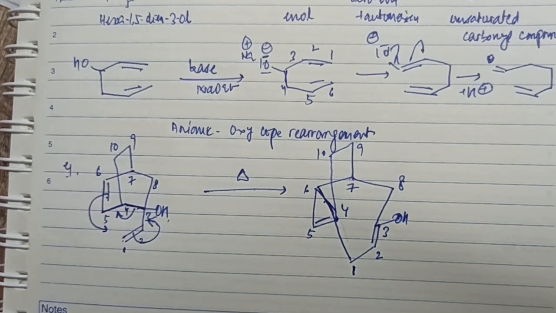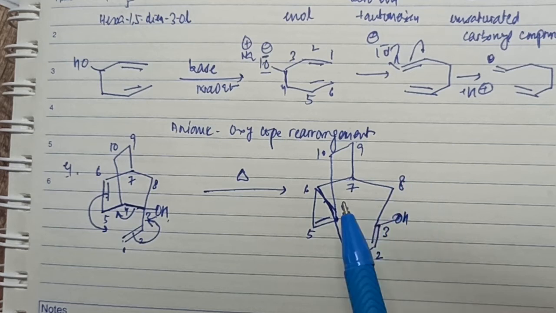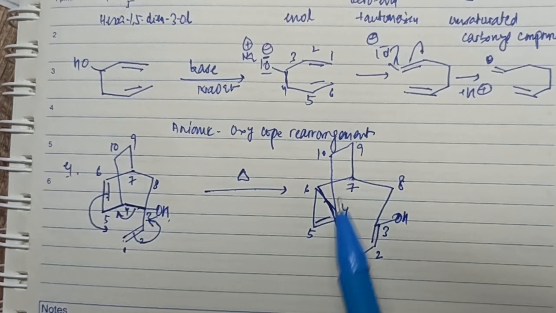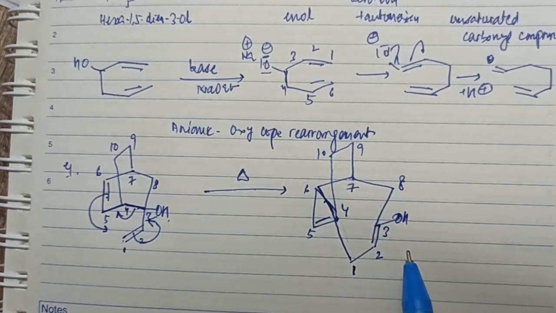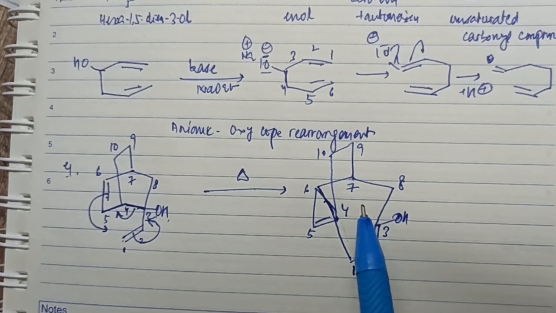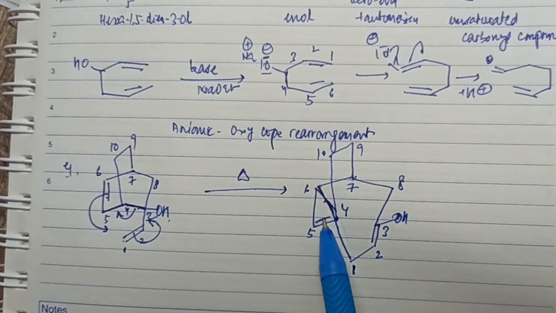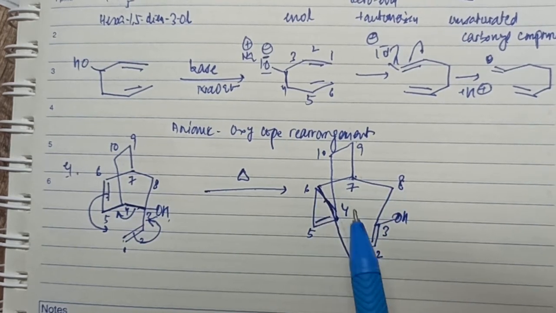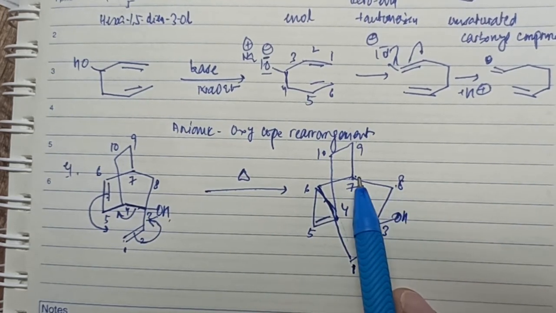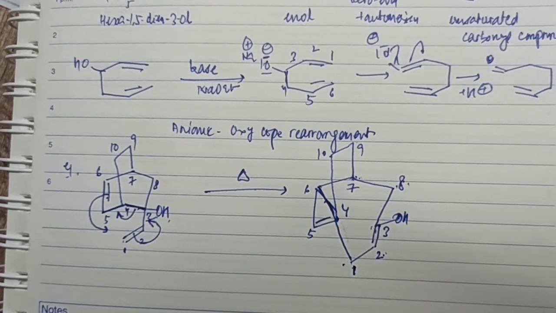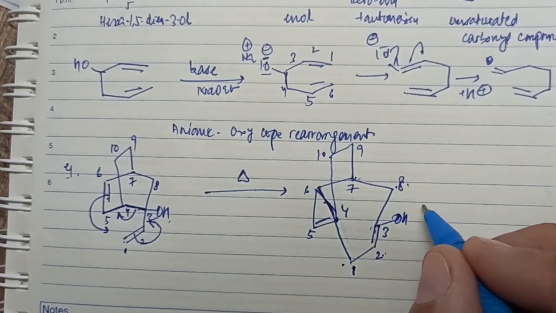Now this is a very confusing kind of ring, but I have to figure out what the bridgeheads are. If I retain the numbering, I can work here. You can see carbon atoms 6 and 7 are the ones on which the two rings are joined. Now if you look at the size of the rings, between carbon atoms 6 and 7, following this portion of the ring, attached to 6 is 1, 2, 3 and 8. So 6, 1, 2, 3, 8, 7 is one ring. That is a 6-membered ring.